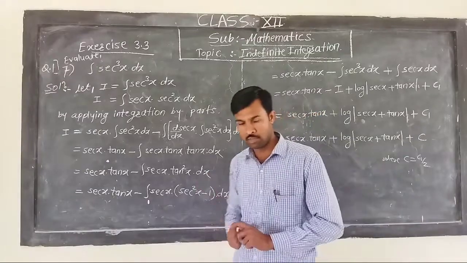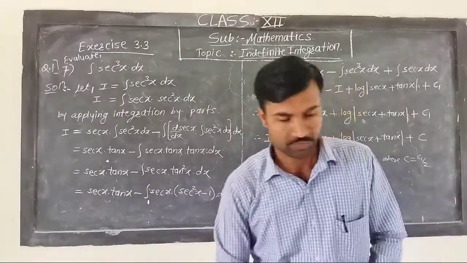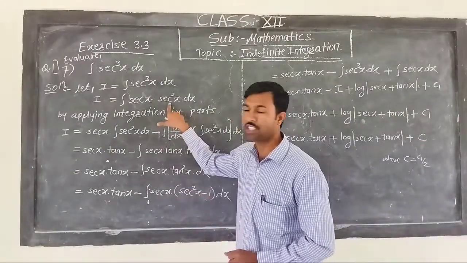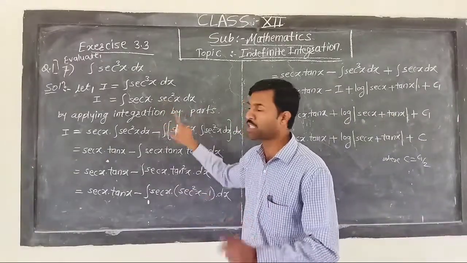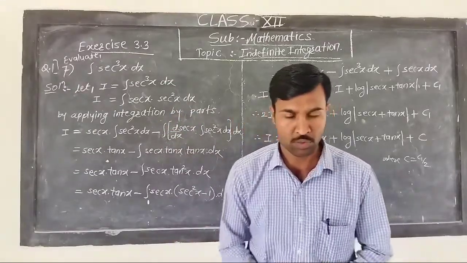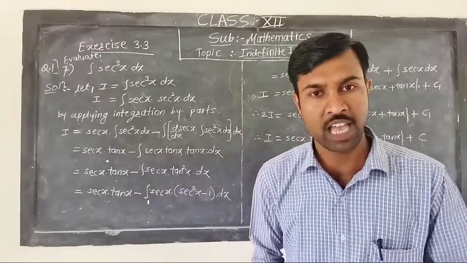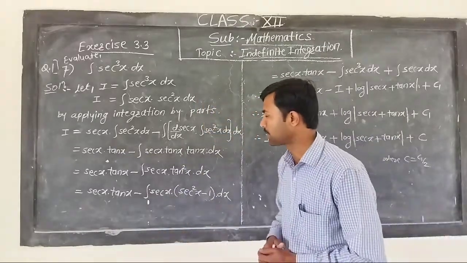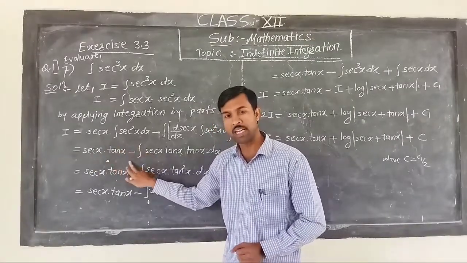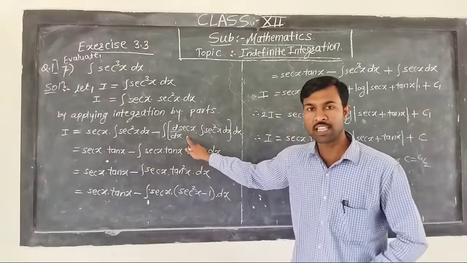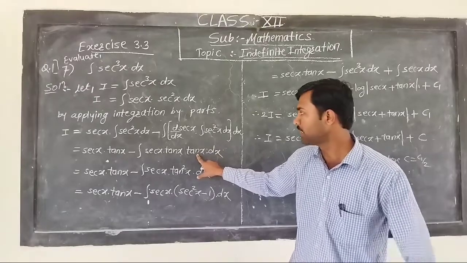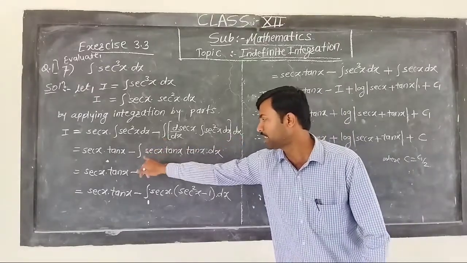Friends, one more thing, the most important thing is how I choose this function as the second function, because integration of sec square x dx, that is tan x, this term is present, so we choose sec square x as the second function. So after solving this, we will get sec x remains as it is, integration of sec square x dx is tan x, minus integration of derivative of sec x is sec x into tan x, into integration of sec square x dx is tan x, into dx for this integration.